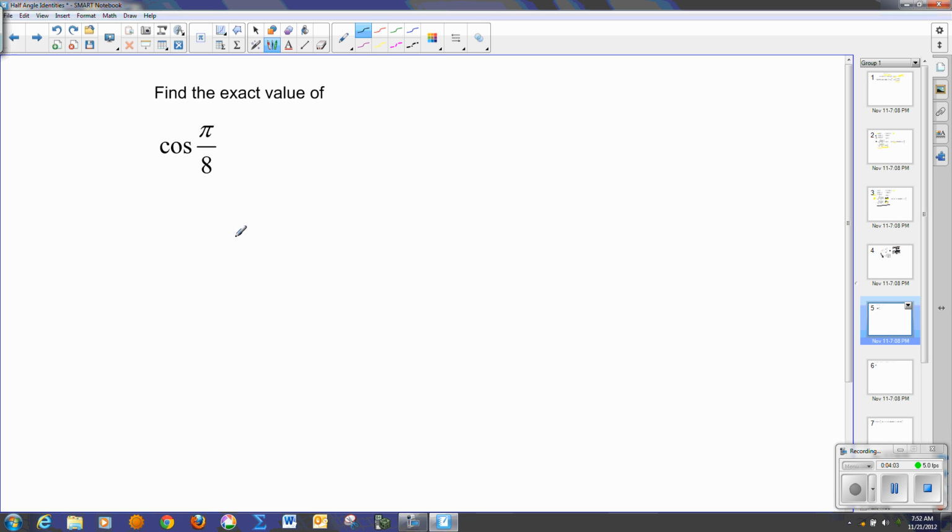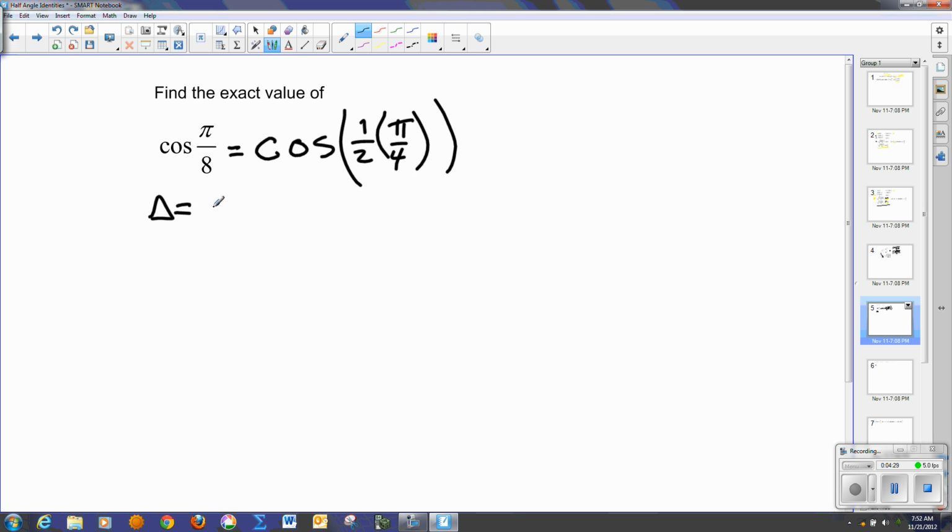Now we're going to use some of these. We're going to find the exact value of cosine of pi over 8. Now we could bring this back into degrees, but no point because we know this is half of something. So this is the cosine of half of pi over 4. I'll just put this in sets of parentheses. So our angle, delta, is equal to pi over 4 in this case. And since we're talking about the cosine identity, we know that the cosine identity